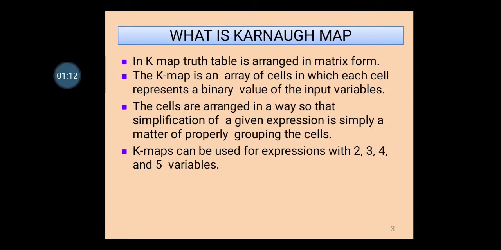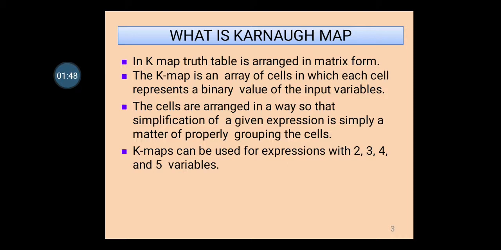As we know, any digital circuit can be expressed in a Boolean equation or in the form of a truth table. That truth table is arranged in a particular format, and that is nothing but your K-map table. So the K-map technique is basically the truth table arranged in a particular format. The truth table is arranged in a matrix form so that you can have rows and columns.